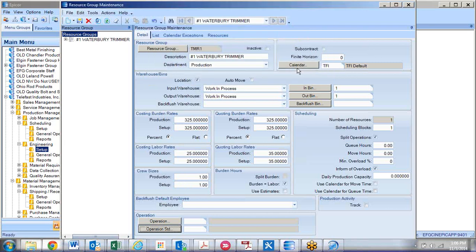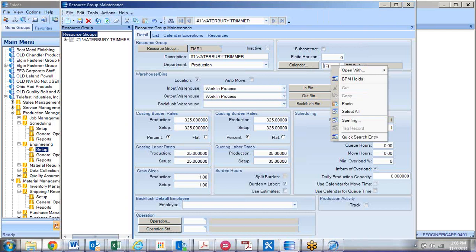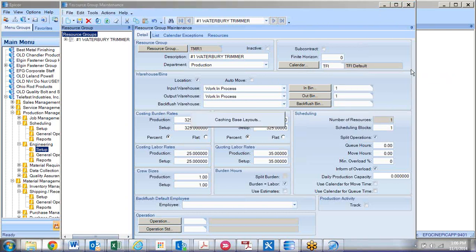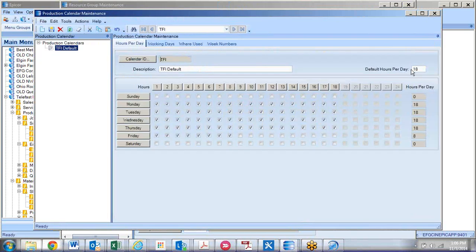In the resource group, you have the ability to assign a calendar, and the calendar is how the system figures out the capacity in that resource group. For example, if I look at this calendar, working 18 hours a day,